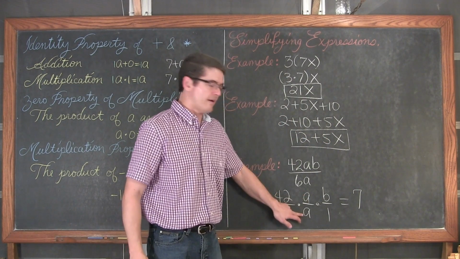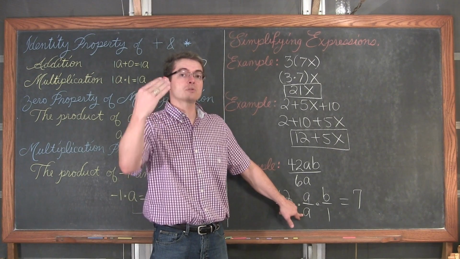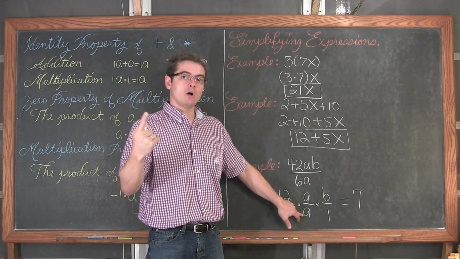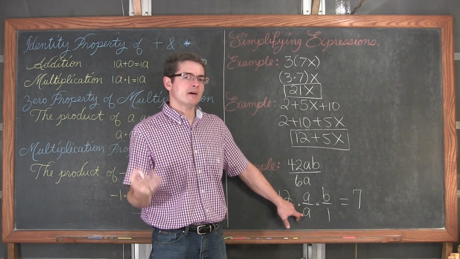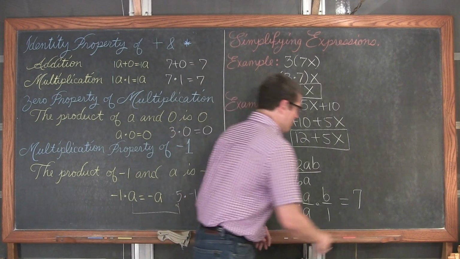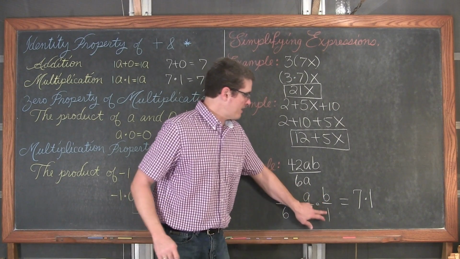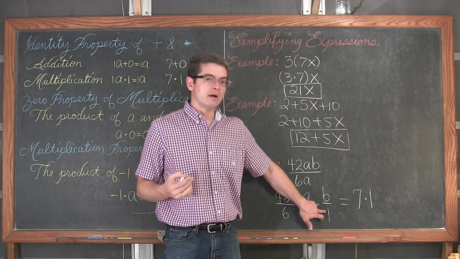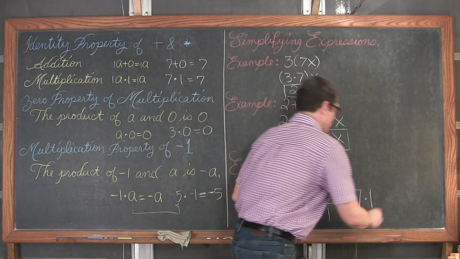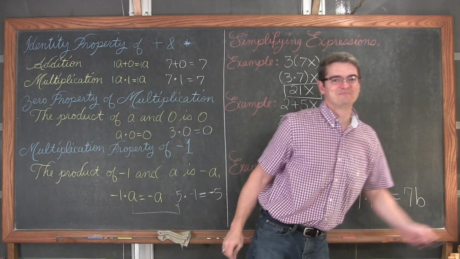We have anything divided by itself. Like, what's 2 divided by 2? Well, 2 goes into itself once. 3 divided by 3, 3 goes into itself once. 10 divided by 10. Anything divided by itself is equal to 1. So I'm just simplifying here, and we get a divided by a, which is equal to 1. So 7 times 1, and then b divided by 1. Well, anything divided by 1, just like when we're multiplying by 1, doesn't change the answer. So we just simply have b, and our final answer is 7b.